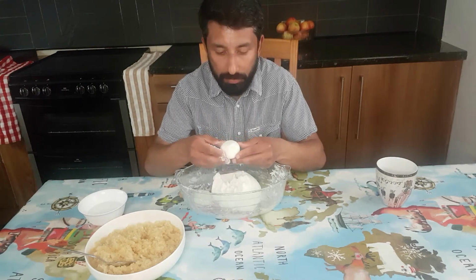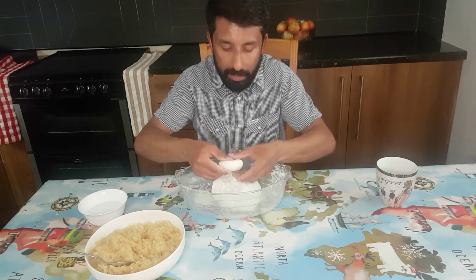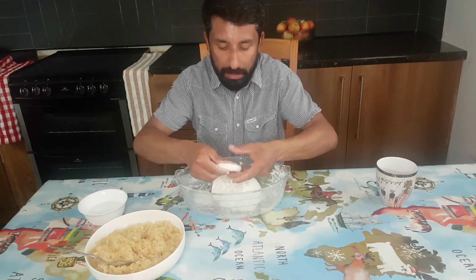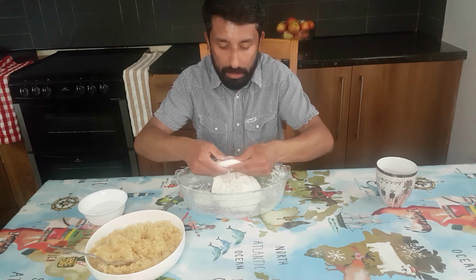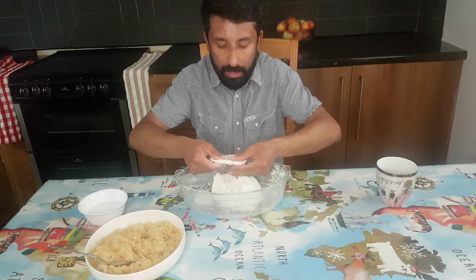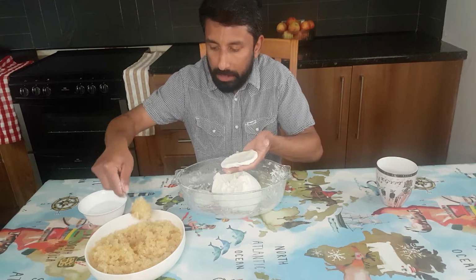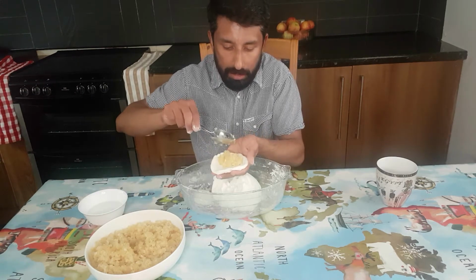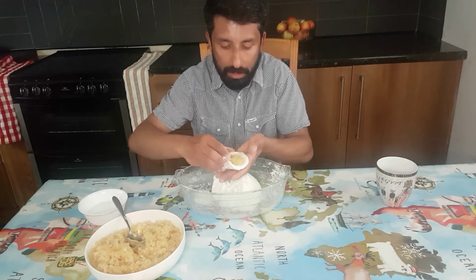Prepare a ball the size of a lemon and then start pressing from the middle and slowly flatten it a little bit. You can always use the rolling pin for that, but I prefer to use my hands and flatten it evenly. Take a spoon of our filling mix, put it in the middle, and